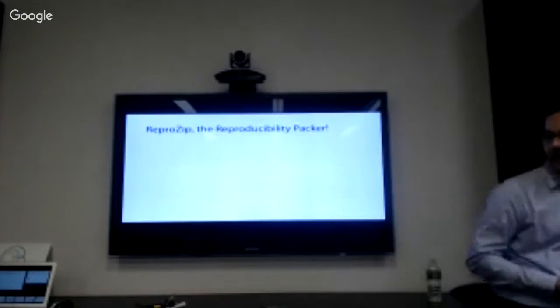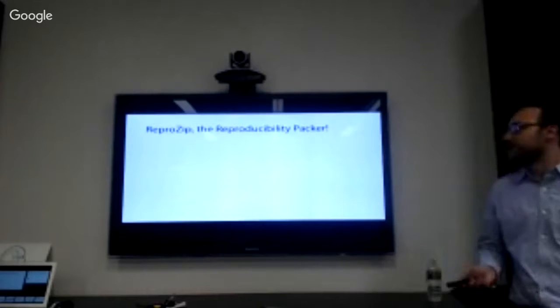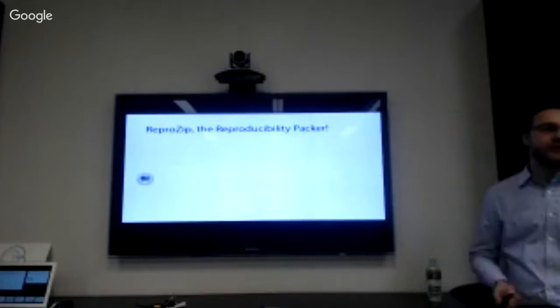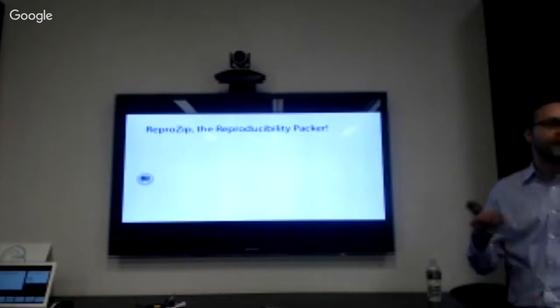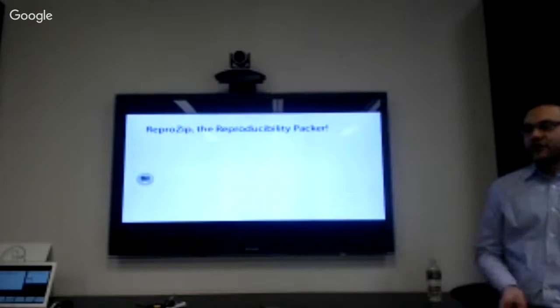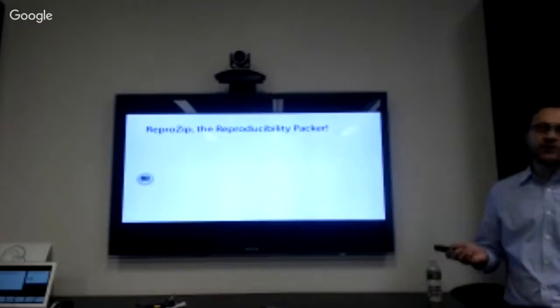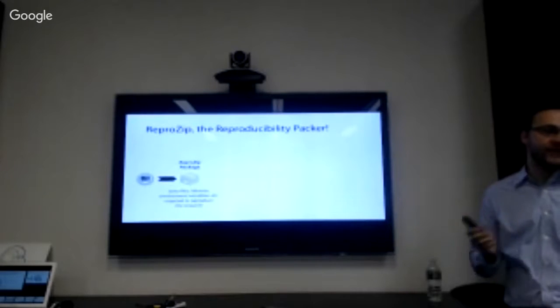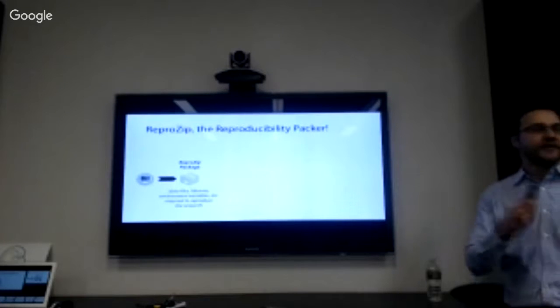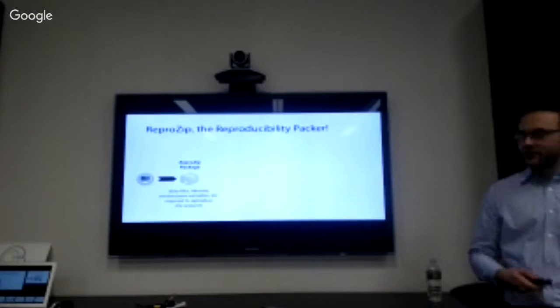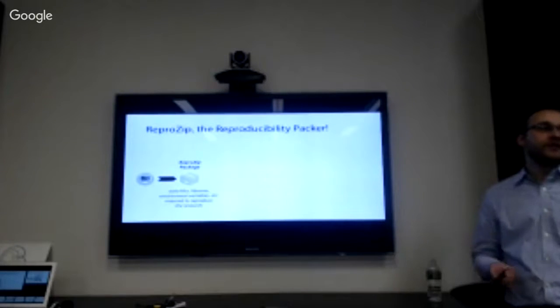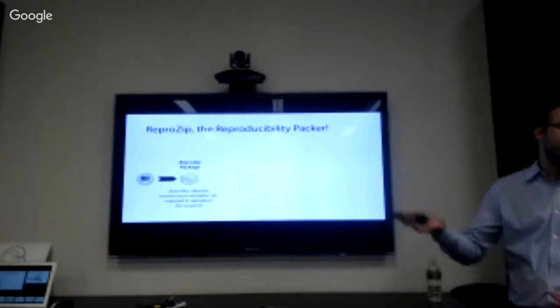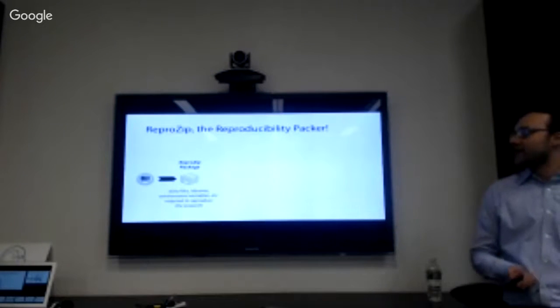which we call the reproducibility packer. So in a nutshell, here is how it works. Suppose you have your experiment, which may be a Python script, or something more complicated that involves a server. You have this on your machine, and then you use ReproZip to create a self-contained package of your research. Basically, it captures all the necessary files to reproduce your research. The extension that we use for this package is RPZ; it's basically like a zip package. So whenever I say RPZ package, it's the ReproZip package.